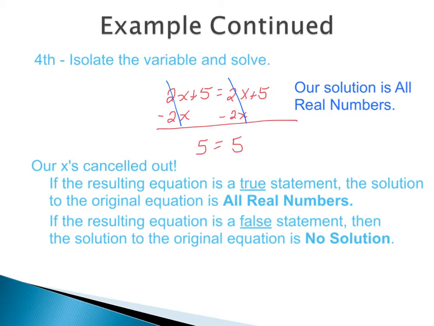Even looking at what we had after our third step, where we just had 2x plus 5 equals 2x plus 5, even from right here, I have an equation where we can see that both sides are equal to each other. Any number that I plug in, if I plug in 1 on both sides, I would have 7 equals 7. If I plugged in 2 on both sides, I would have 9 equals 9. Any number that I plug in would always make both sides equal to each other. As a result, for the problem that we just did, the answer would be all real numbers.